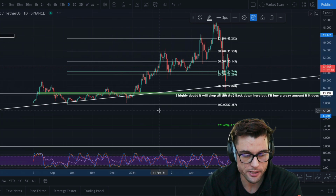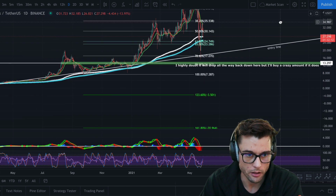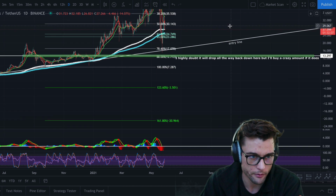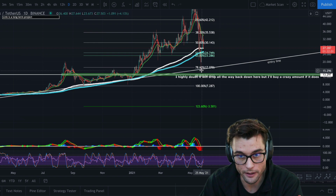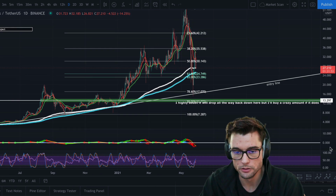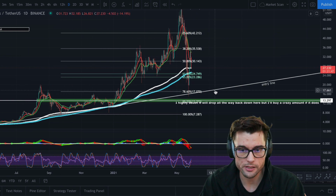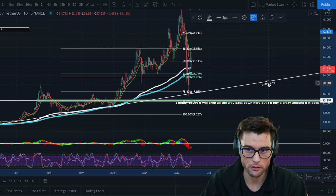But that's iffy. I always like using horizontals more than diagonals. That's what I learned in Trading for a Living, the book. But this does have some pretty good support, support, and then finally support. So if it comes back down here, definitely want to grab some. I think this is the entry for long-term hold, and then this is another entry for long-term hold, plus a very good